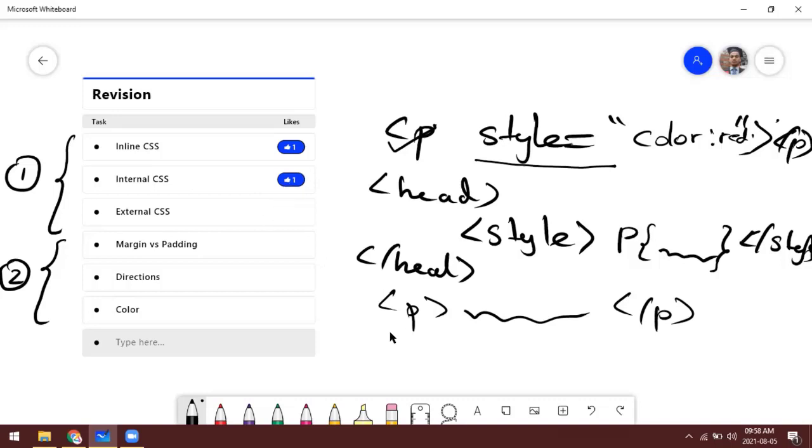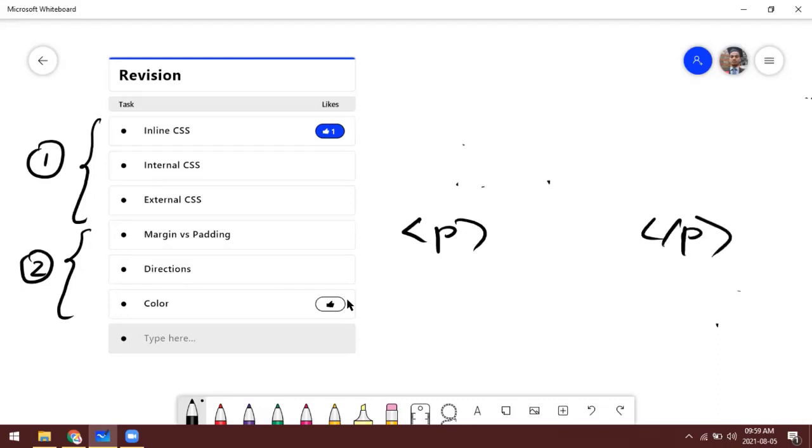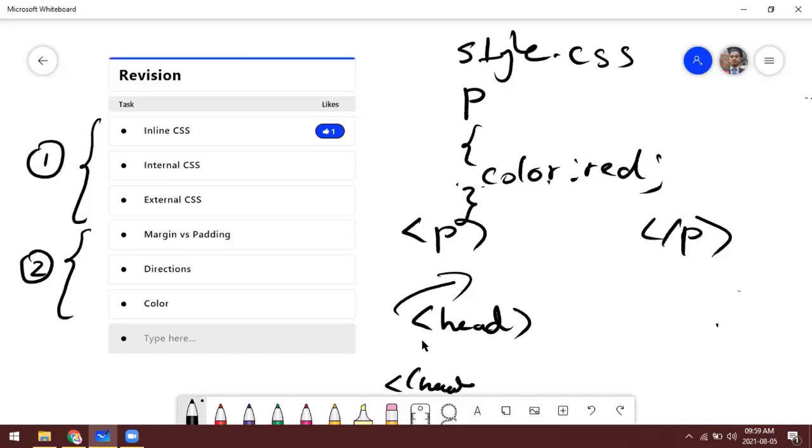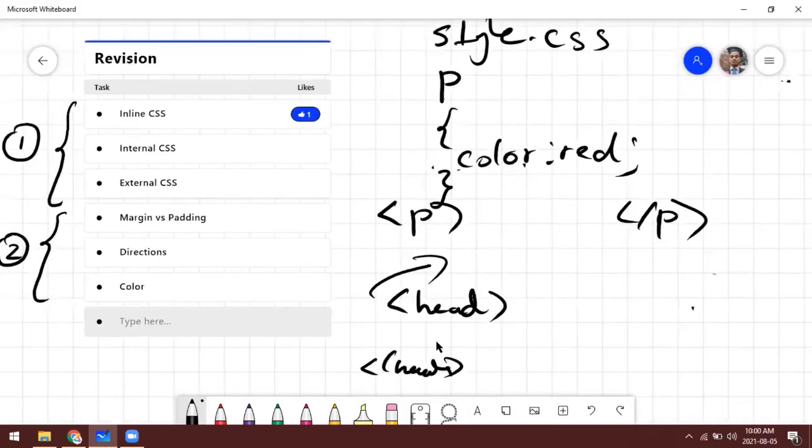And external CSS, here is our paragraph, right? In a separate CSS file, for example, style.css, we give the style, for example, color, right? Then what we have to do in this page, within the head tag, is add the reference of the CSS file. So you know how we add the reference?